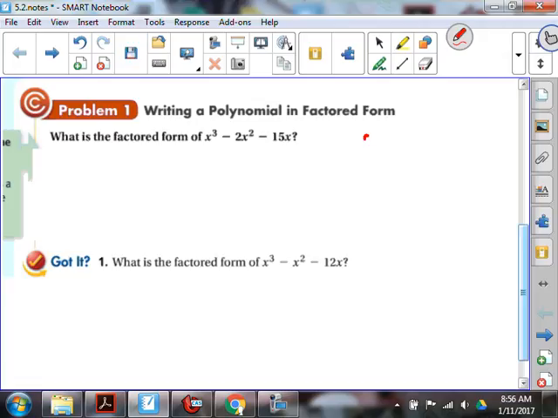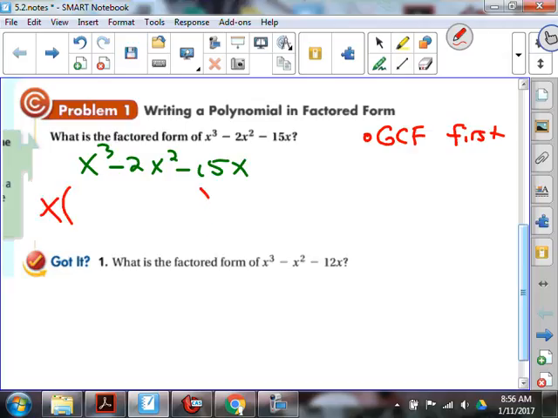When you factor, you should always try to find a GCF before you do anything else. Is there a GCF that we could factor out of that expression? We could factor out just an x. The expression we're starting with is x cubed minus 2x squared minus 15x. Each one of those terms has an x in it, and the GCF we're factoring out is x. So it's going to be x times something, leaving an x squared